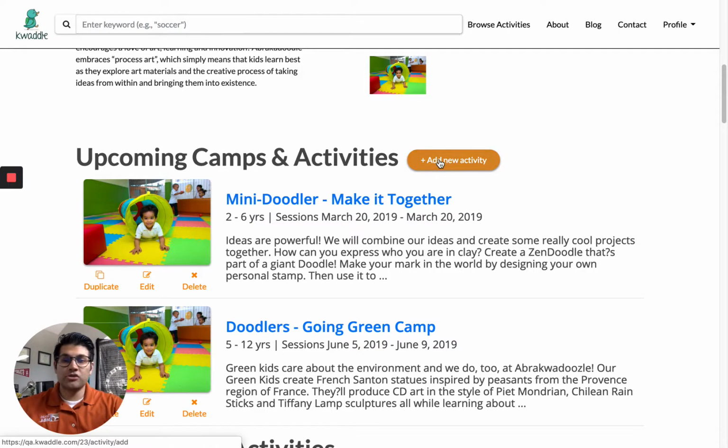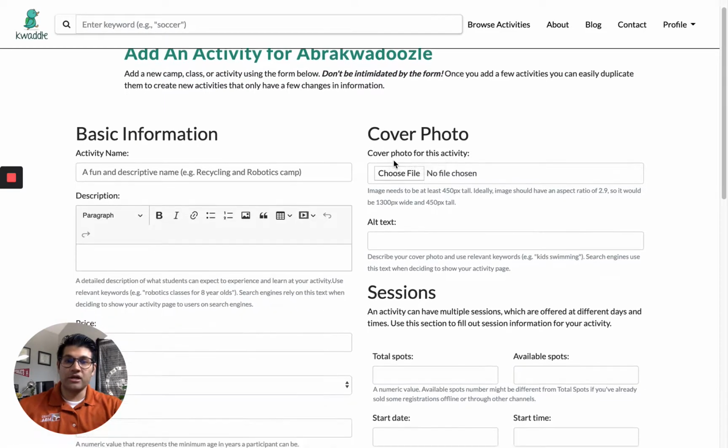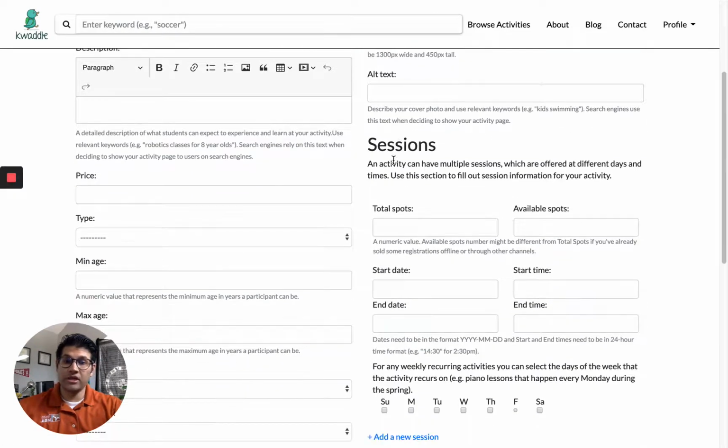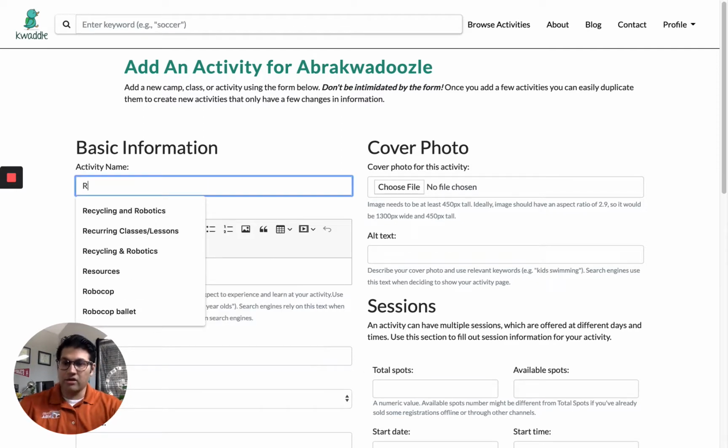So I'm going to show you how to add a new activity. So let's click this. And again, like I mentioned, this form is going to be pretty long, and don't let it intimidate you though, because once we can duplicate activities, it's super easy to create new ones. So really, it's the first one or two activities that we add might take a little time, and then after that, it should be really easy. So today we're going to create a camp